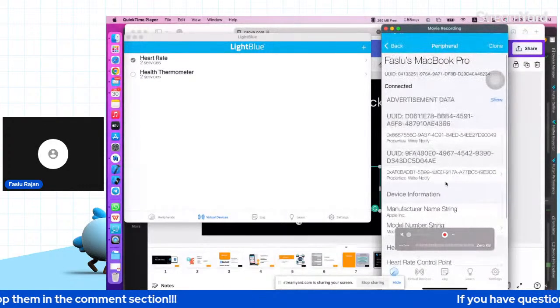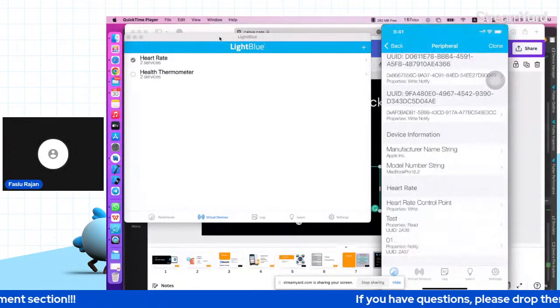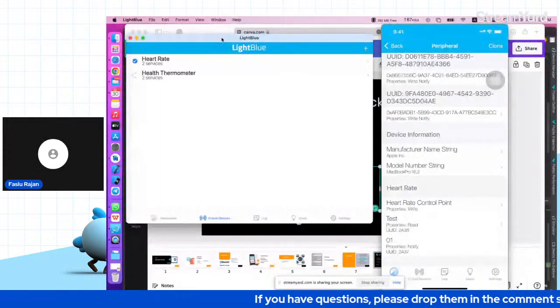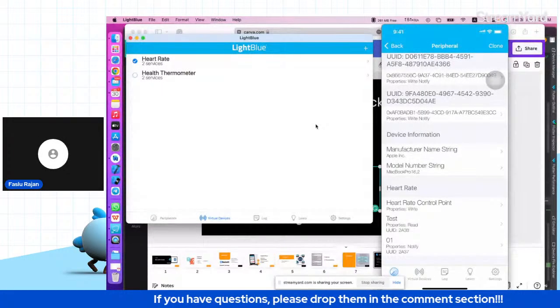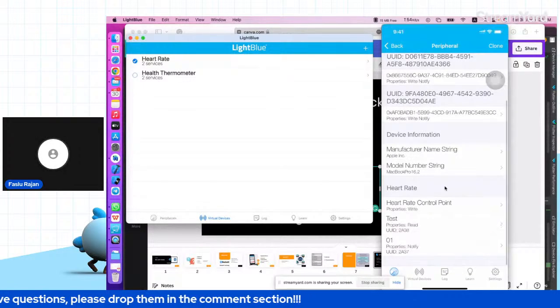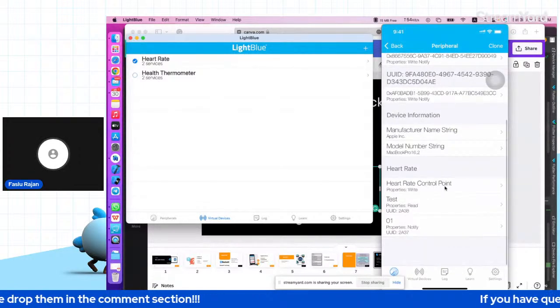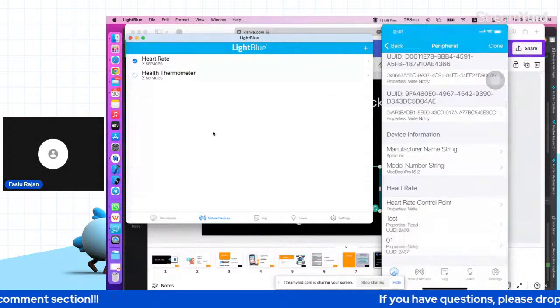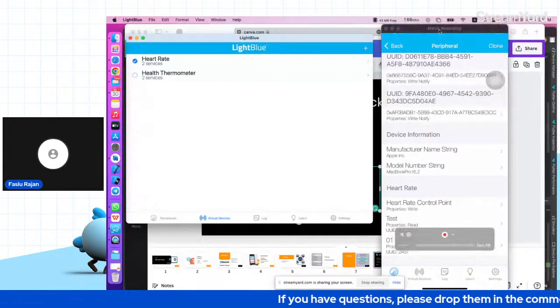Yeah, it works. So you can see, this MacBook is my BLE device. My mobile is a peripheral. This mobile is a Flutter application. I can just read the heart rate value from here to my iPhone device. So, for example,